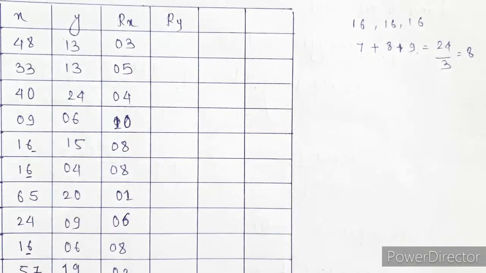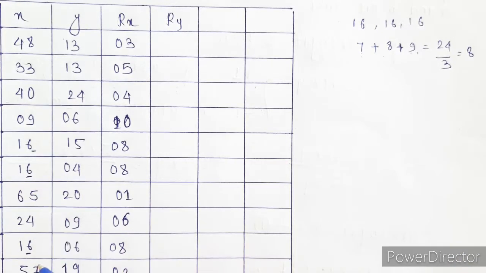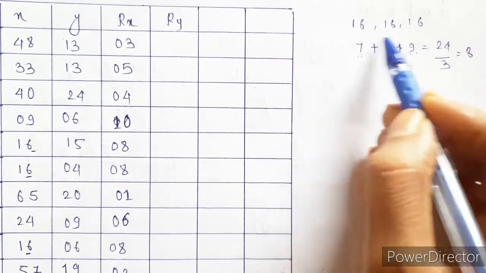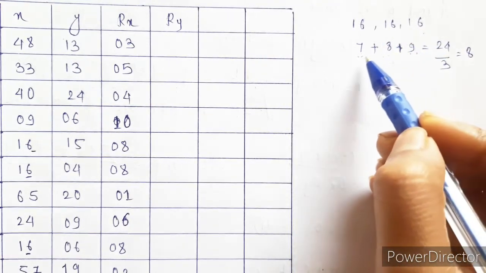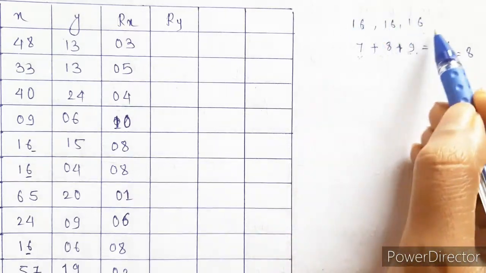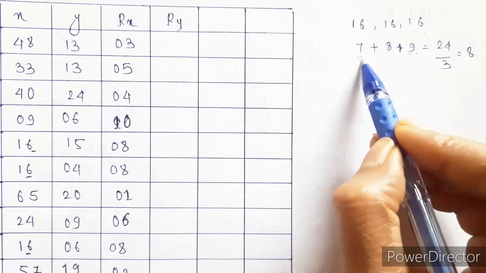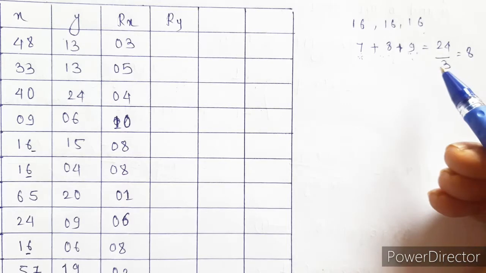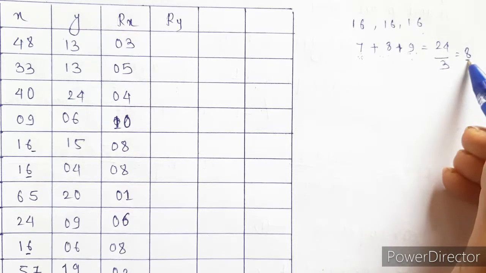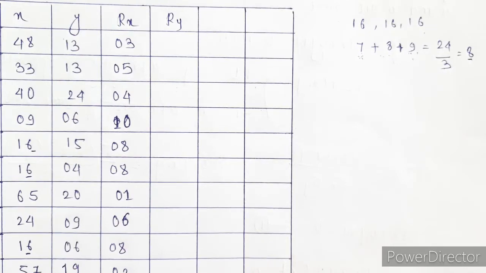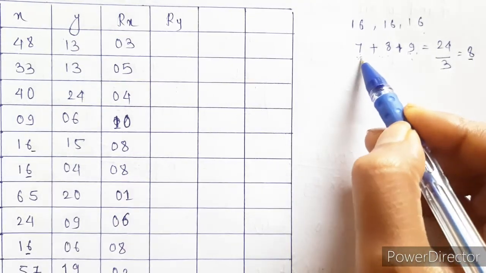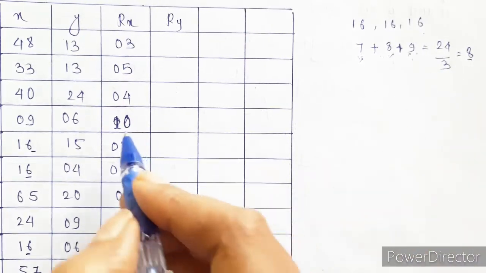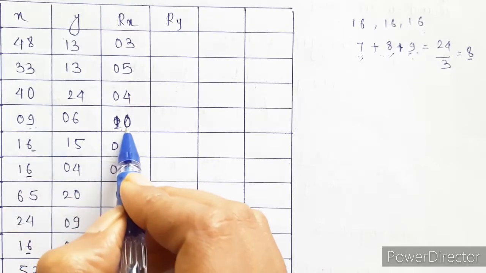Okay. Let me just repeat it again. Here we have 3 16s, so they should get ranks 7, 8 and 9. Since these 3 numbers are the same, they are repeated, we are adding these 3 ranks and dividing by 3. In short, we are finding the average, and that average is going to be the rank of all these 3 numbers. Now since ranks 7, 8 and 9 are already taken, the next value will get the next rank, and that is 10. So this 9 will get rank 10.